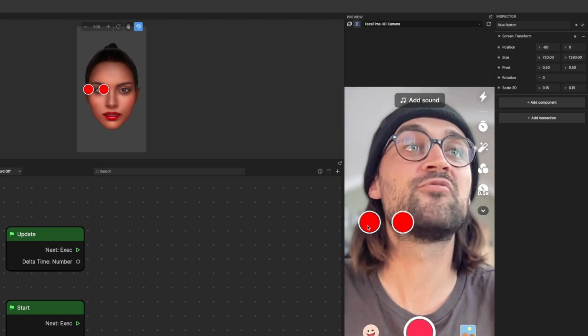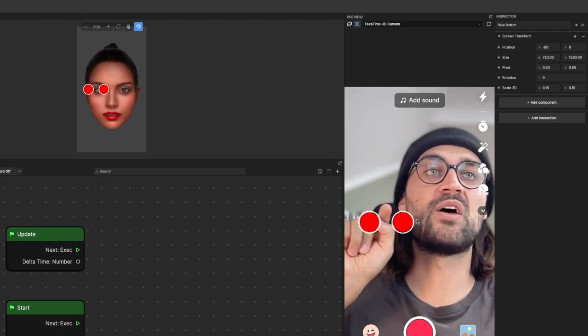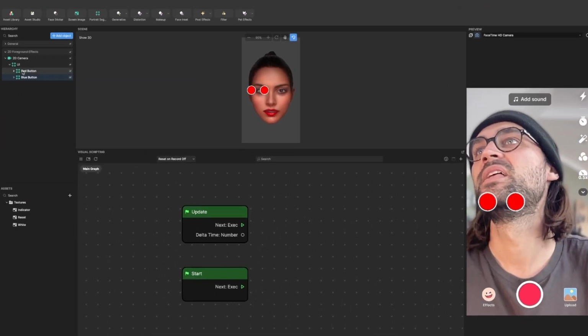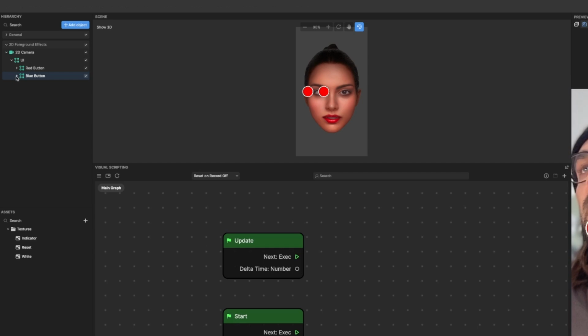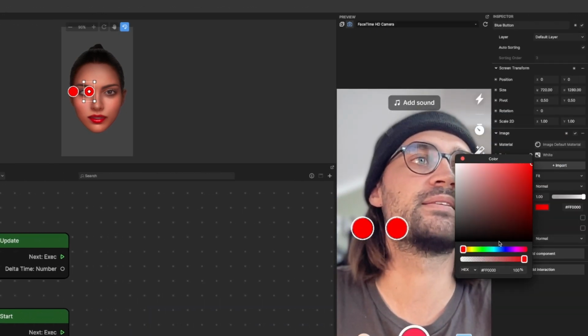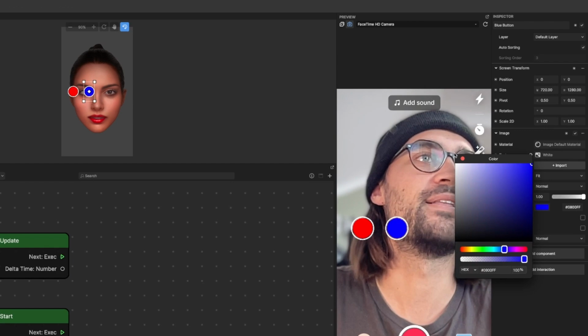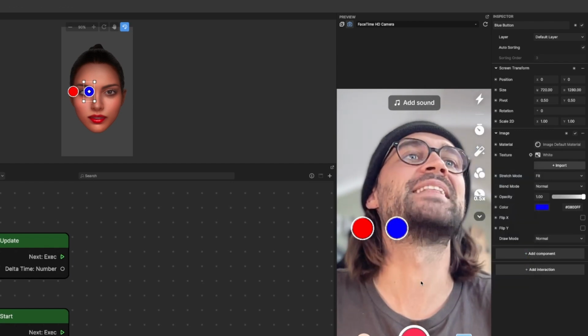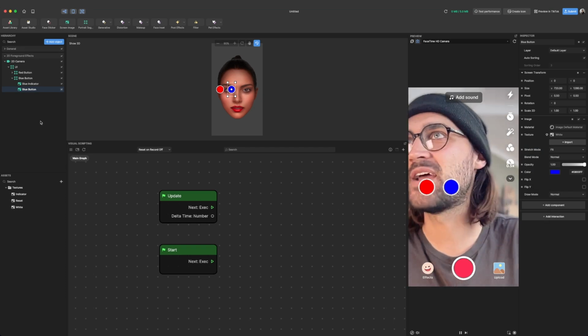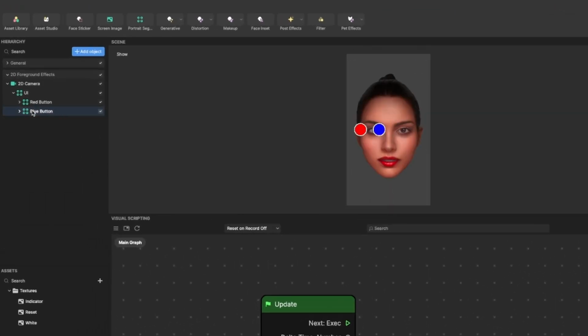So now we have two red buttons, but we want to have one red button, and also one blue button. So for the blue button, just open the screen object here, go to the blue button, go to the right hand side, and here for the color, just select a blue color. And now we have a red button and a blue button. So now we have to do this one more time. So we duplicate the blue button